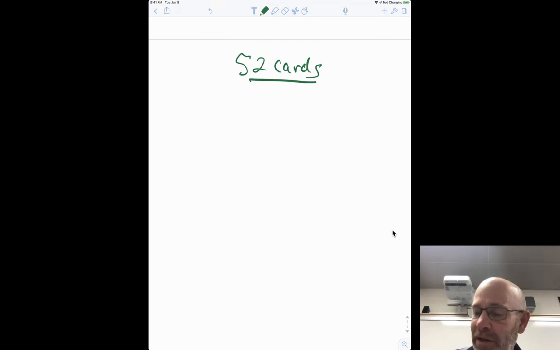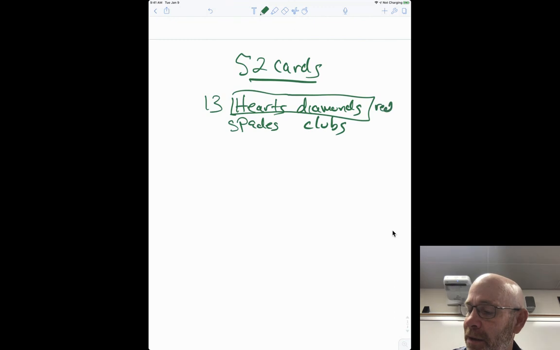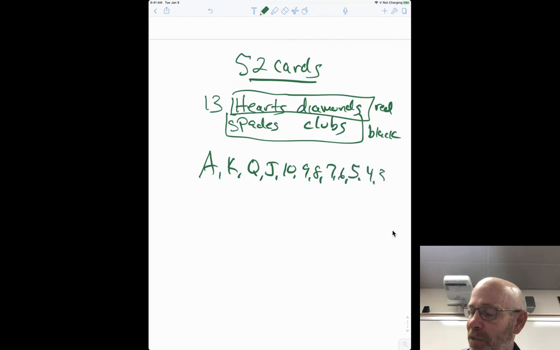Real quick, if you don't know the deck of cards, there are 52 cards in a deck of cards. There are 13 hearts, spades, diamonds, and clubs. I know most of you probably know this, but if not, you're going to need it. The hearts and the diamonds are red, and the spades and the clubs are black. It's going to come up here and there. And then every suit has ace, king, queen, jack, 10, 9, 8, 7, 6, 5, 4, 3, and 2. Those are the 13 cards. So you might need that